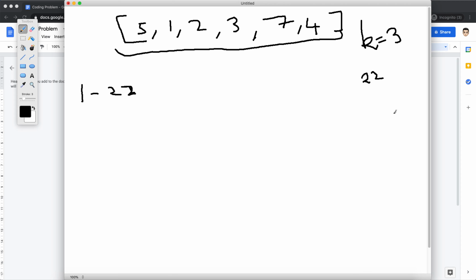So with 22 I get one partition, but that's not my answer. I need to get to 3. Let's decrement 22 to 21. What is the number of partitions I can get? Obviously if I have one partition like 5 2 7 3 4, this gives me 21, and the other partition should be 1. So the maximum sum of a partition is 21 here.